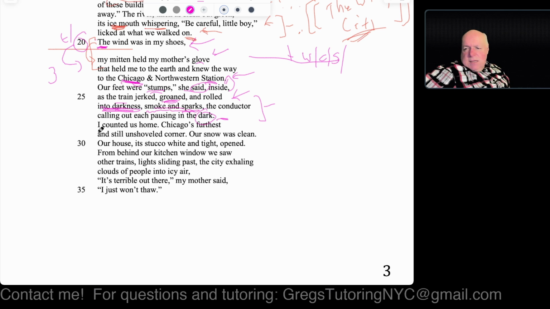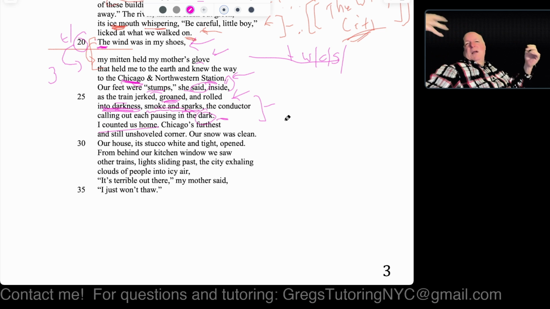And then the kid says, I counted us home. Okay. So we can get a little context here, where, again, it's a 5-year-old. A lot of 5-year-olds can't count. Let's say their journey home was 100 train stops. A lot of 5-year-olds can count, but a lot of 5-year-olds can't. So now the question is, would a 5-year-old count 100 stops? Most likely not. They would get bored or something, especially if the kid was tired. They were in the city proper and they're going somewhere else now at this point. It's probably safe to say that they were less than 20 stops home.